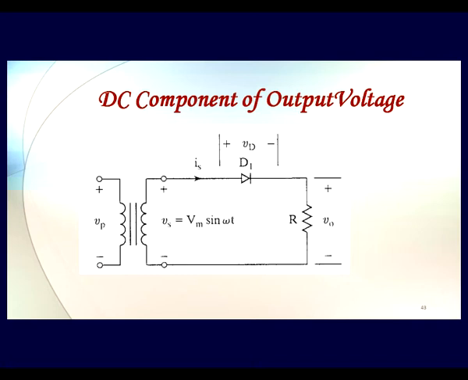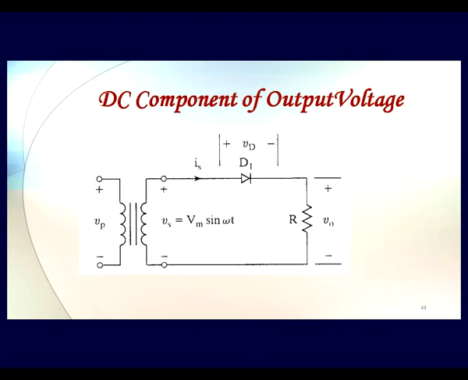How much is it going to be? Let us calculate with a small mathematics, not very complicated. Consider a half wave rectifier circuit where R is the load that we are connecting, across which the output voltage VO is appearing, and VD is the knee voltage that I told you about, required by the diode for its own operation, but normally it is so small that we can even neglect it. Now consider that at the secondary we are getting a signal V secondary of Vm sin omega t, where Vm is the peak amplitude of the signal.